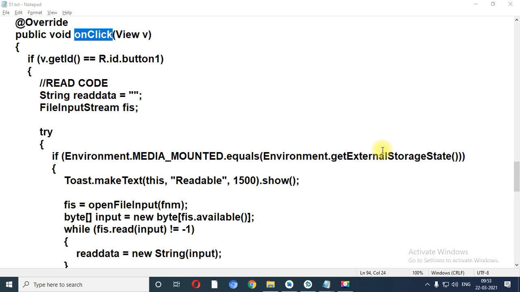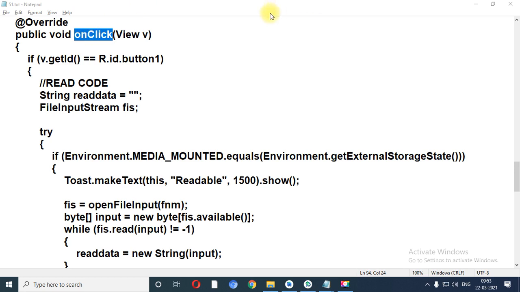What is the second step? You need to check whether the external storage is available on the device or not, because it may be possible that external media is not there in the device. At that time you cannot perform read, write or clear operations on the device.